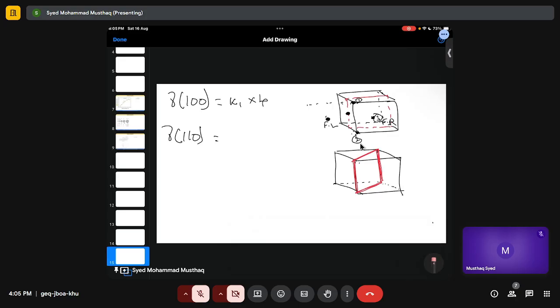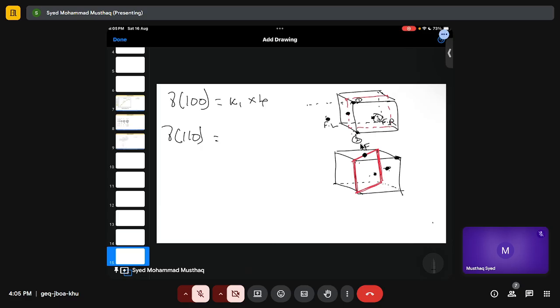Let's consider this atom, and we are focusing on this one. So this atom has lost the front surface one, and this plane. So how many? 1, 2, 3,